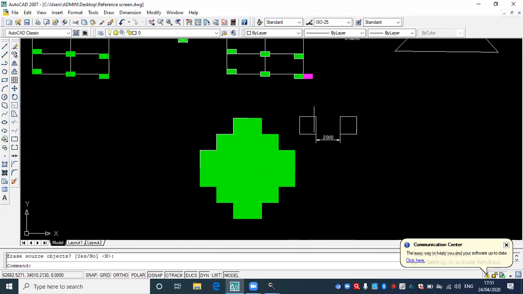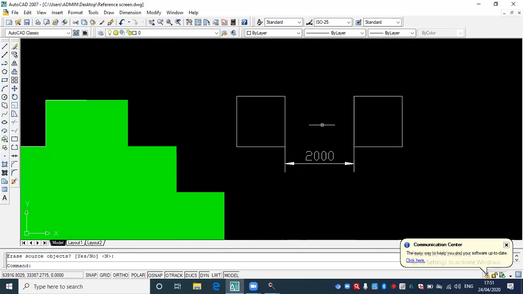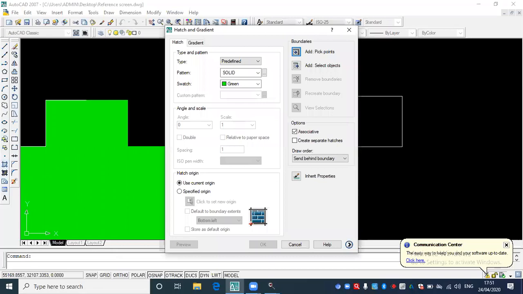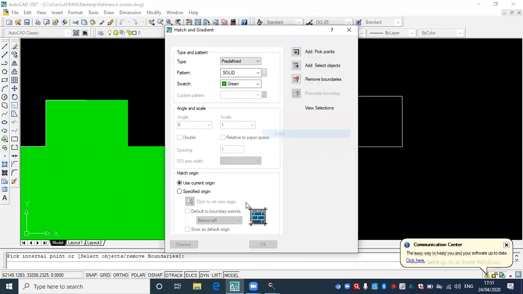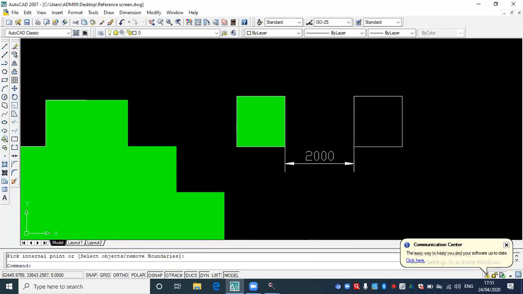Okay, very simple. Now the question is, say I have an object here. One square I have. I want to create an absolute mirror image on my right side, at a distance of 2000. How do you do this? I want this object to be created at a distance of 2000 from this object.